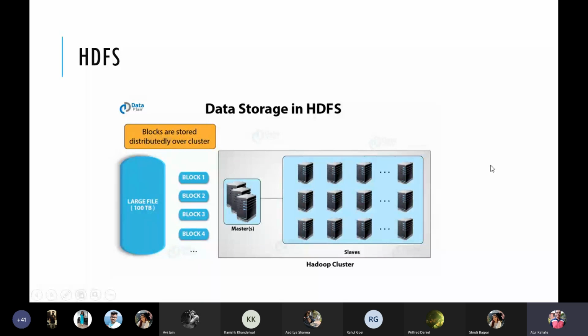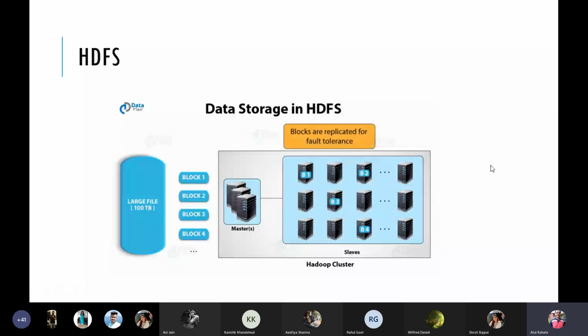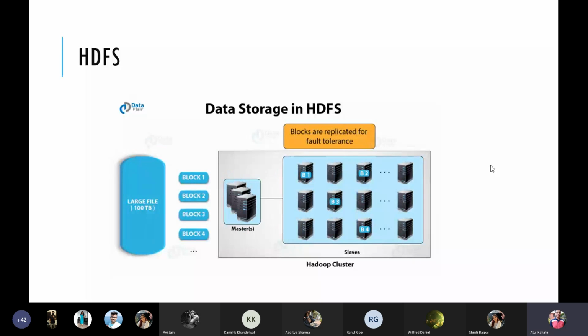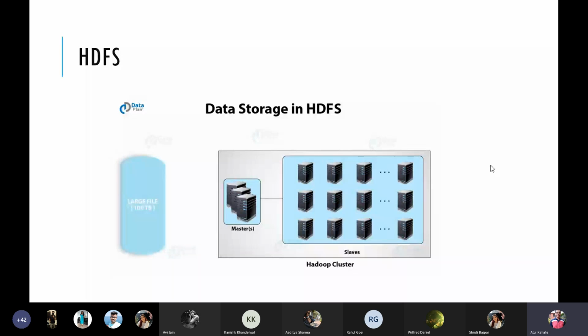Same will be true for block 2, block 3. So how many replications, that is how many times should one block be copied, will again be decided by the master.